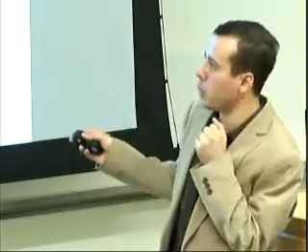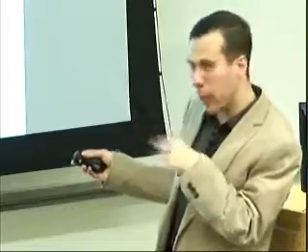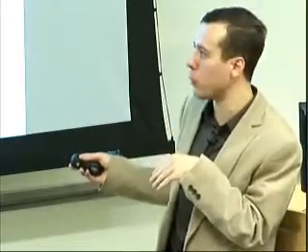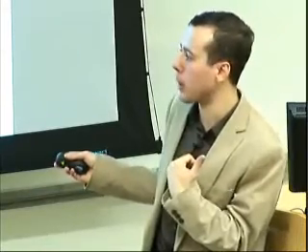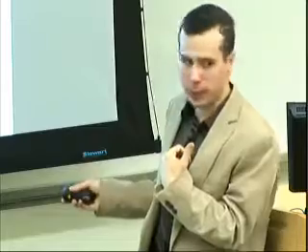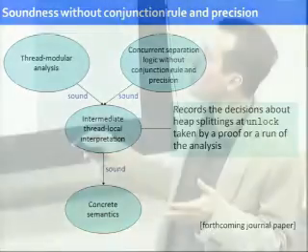And then the way you prove the soundness of the logic is you first prove the logic sound with respect to this thread-local semantics, and this gets rid of all the syntactic issues. You just have the semantics. And then you prove that this reasoning method, expressed as this semantics, the thread-modular reasoning method, is sound with respect to the concrete semantics.